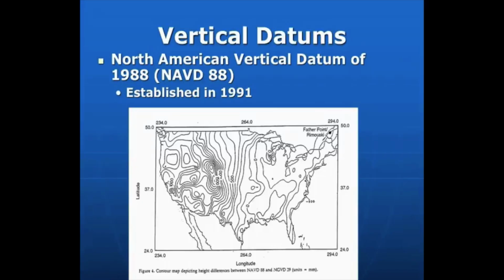problematic, so to speak. So in 1988, they updated the vertical datum, and you can kind of imagine that's right around when they did the horizontal datum, which we'll do in a minute, the NAD 83. And then they established it in 1991. And this is where they used satellite instruments and kind of tried to iron out the differences. And the map you're looking at is a contour map depicting height difference between NAVD 88 and NGVD 29. And yes, this is millimeters, mind you. So it's not,